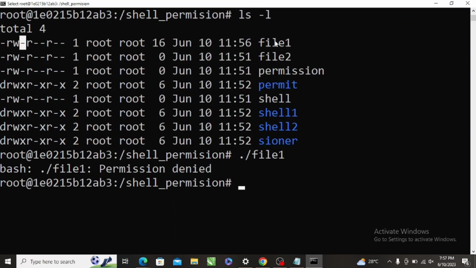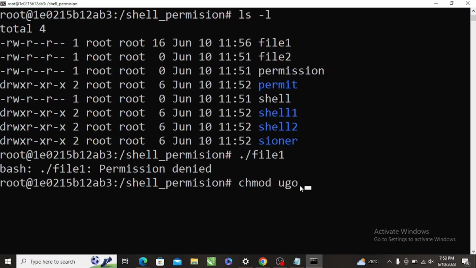For now, just know that we want to add X to this place so that the owner would be able to execute file 1, because when we try to execute it now, it's not working, we don't have that permission. So we want to give the owner, only the owner, the permission to execute it. To do it, we use the command chmod, change mode. We are changing this permission mode. U is for the user, that's the owner. G is for group, and O is for others. So I can give all of them, UGO,